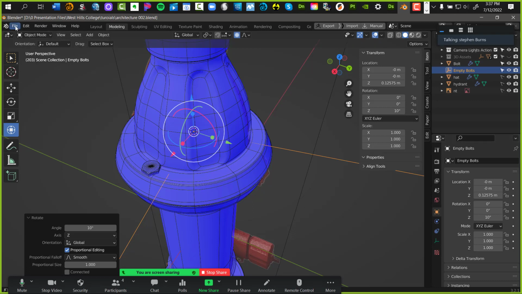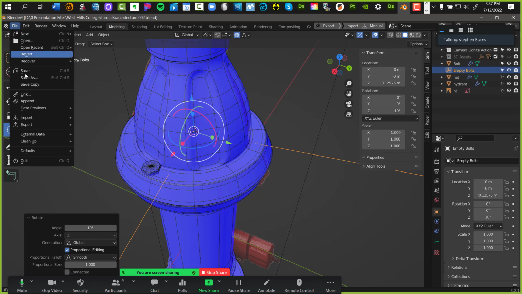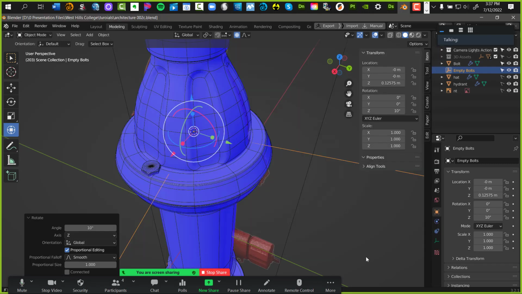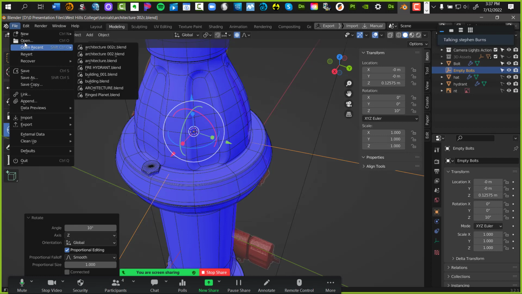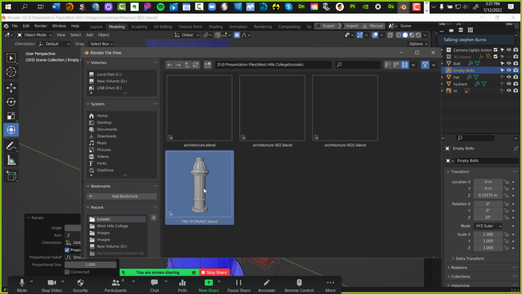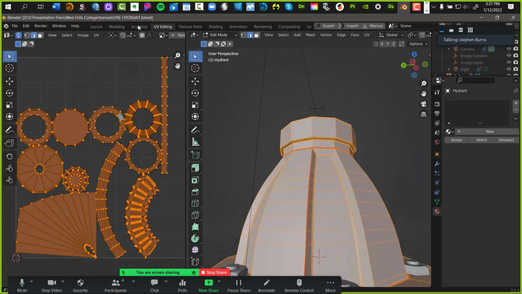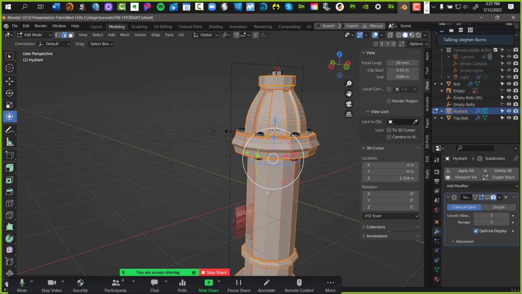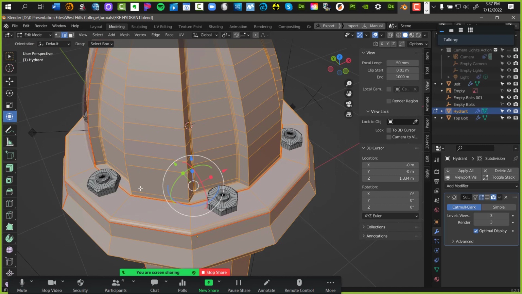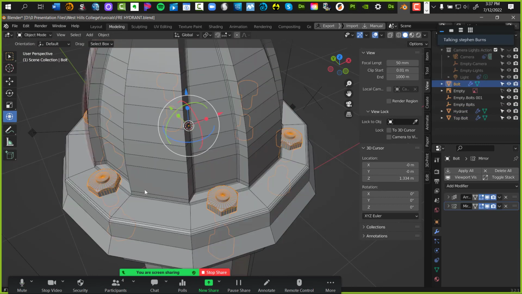So I'm going to save this one and open up the one I did last night and see what I'm missing. It could be I'm just really tired. So fire hydrant blend, that's the one I did last night. Architecture 2C. All right, let me go ahead and open fire hydrant blend. Let's open that up. There we go. All right, let's go back to my modeling. There she is. You can see my multiple bolts here. Go to my object, select it.